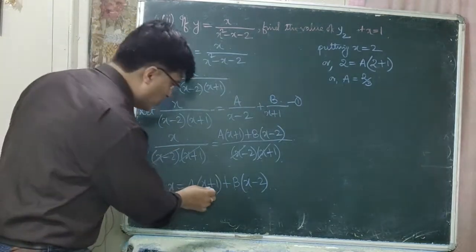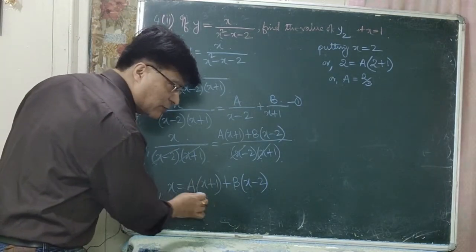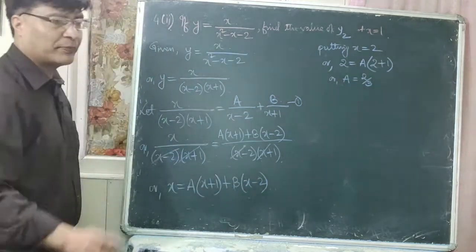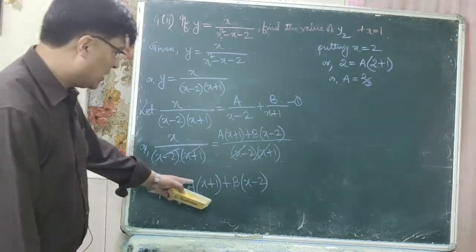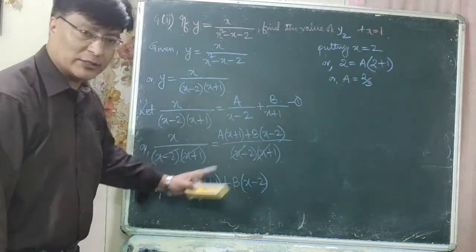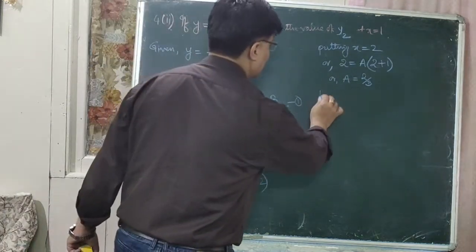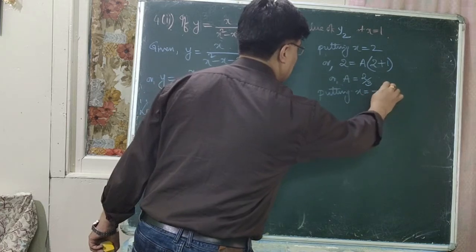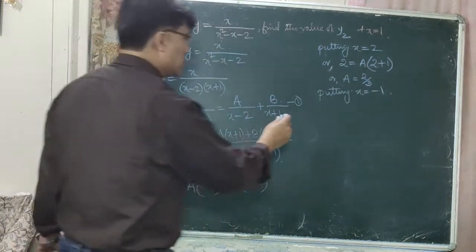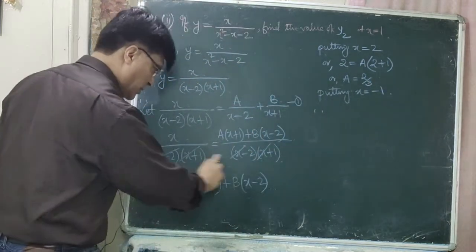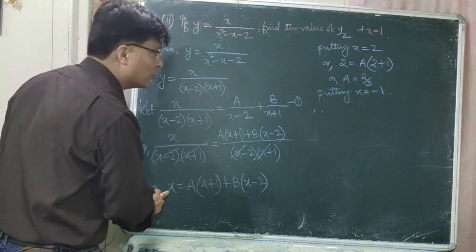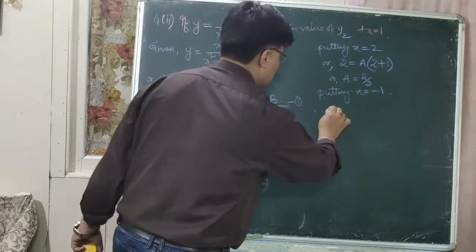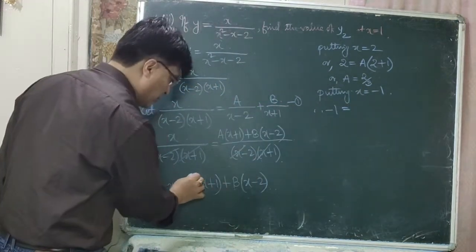Now what should you put for x here so that this first term is 0 and you can get the value for B? Minus 1, isn't it? If you put minus 1 here, minus 1 plus 1 is 0. So putting x is equal to minus 1, this equation now becomes, putting x is equal to minus 1,